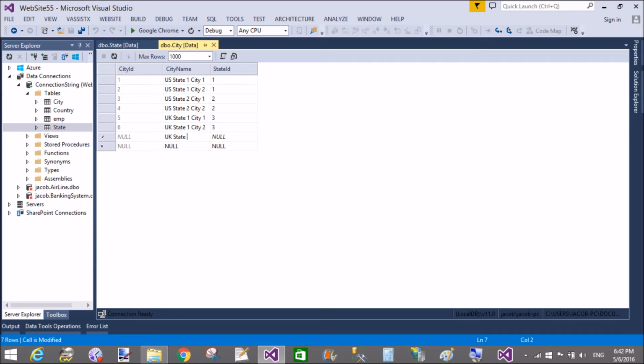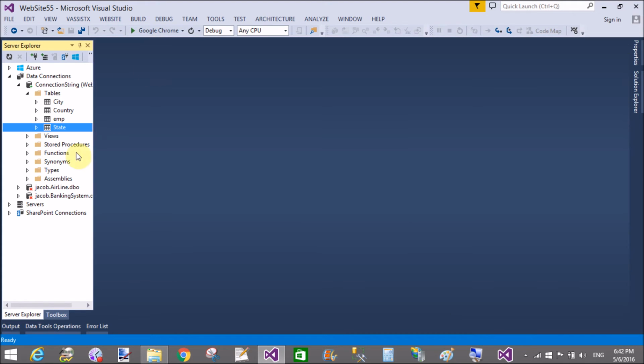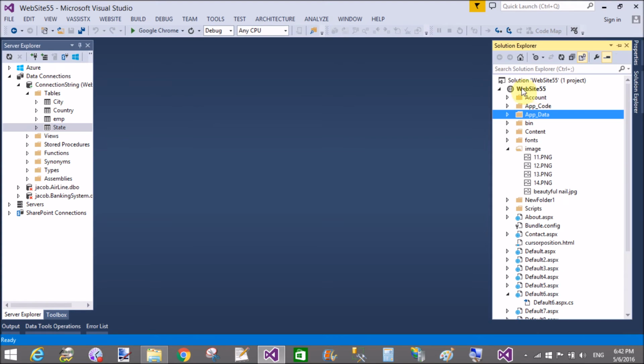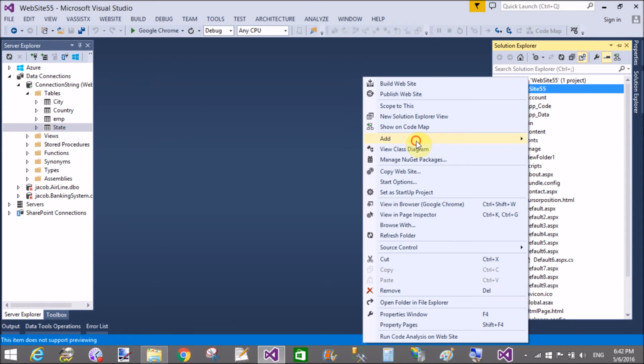Okay, that's fine. UK state 2 and city 1, ID is 4. UK state 2 and city 2, the state ID is 4. Okay, now we have three tables with some data, and I want to populate